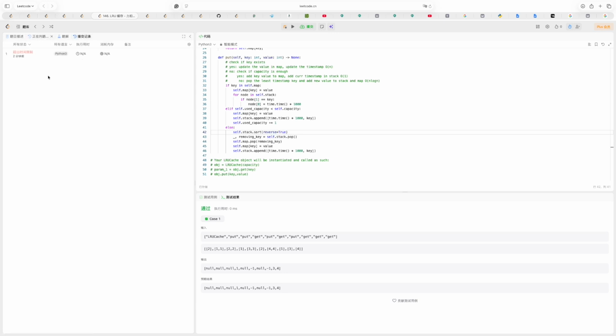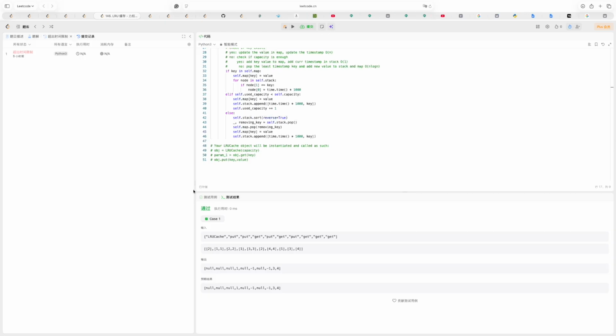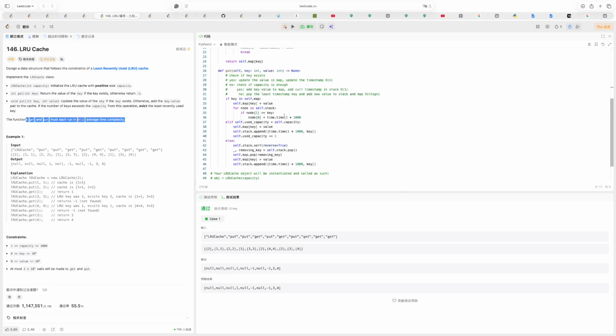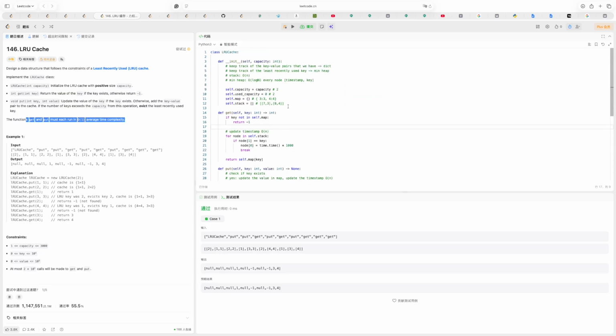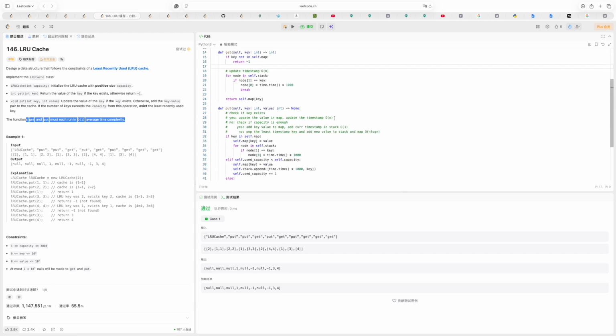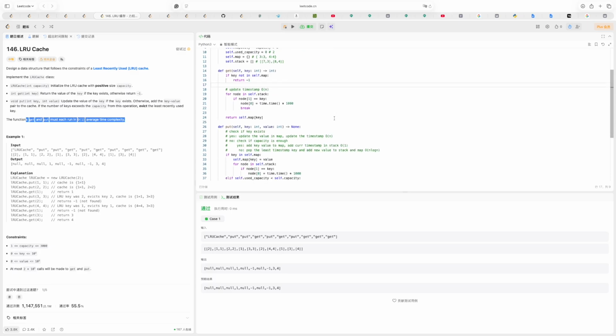So it's too slow. Okay, so I have checked the solution and I found that the problem requires get and put with time complexity of 1. So using this data structure definitely does not work. Yeah, because stack sort will be O(n log n) and the lookup will be O(n). Okay, so then